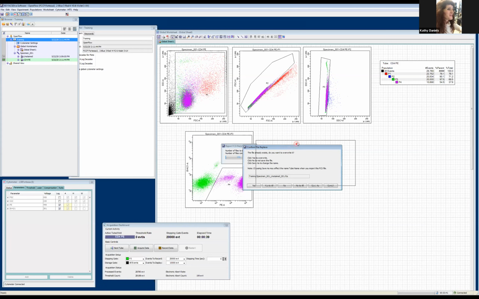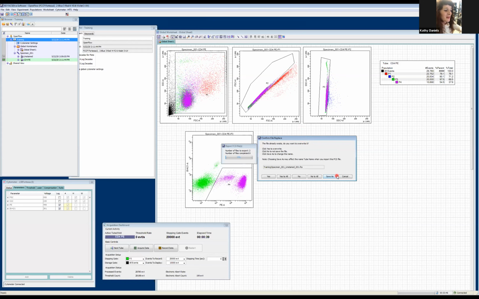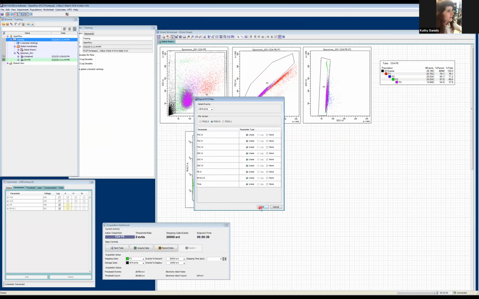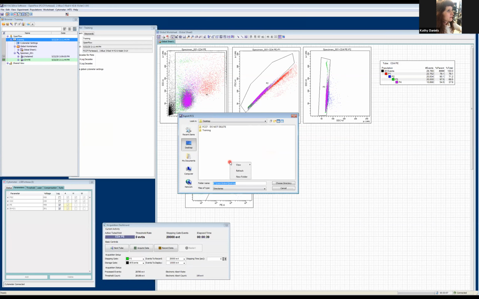Oh, well, I should have created the subfolder because I already have the experiment there and it's going to have similar names. So let me just go ahead and create a subfolder there specifically for those FCS files. So export FCS files, okay. Hit browse. And I can right click and create a new folder